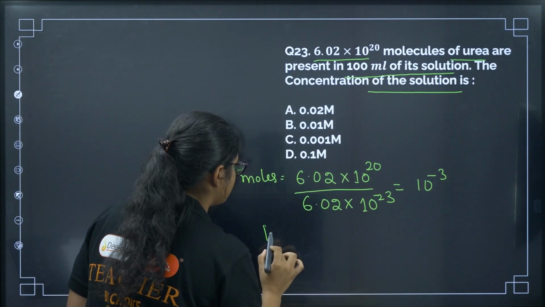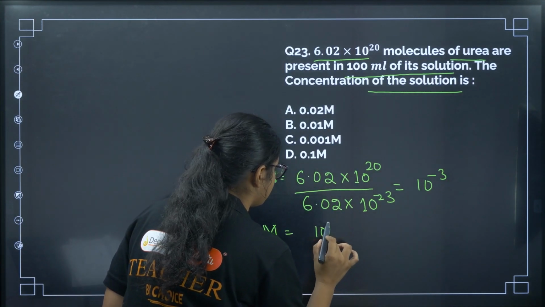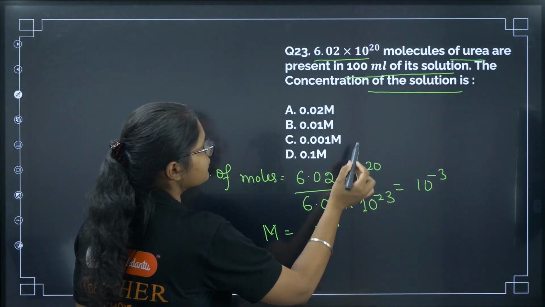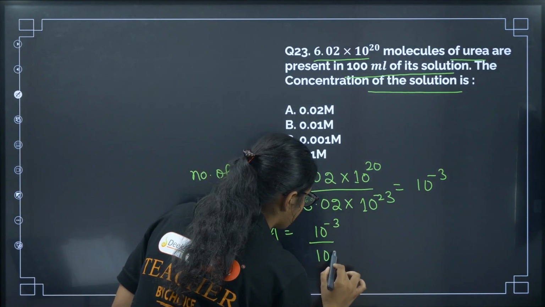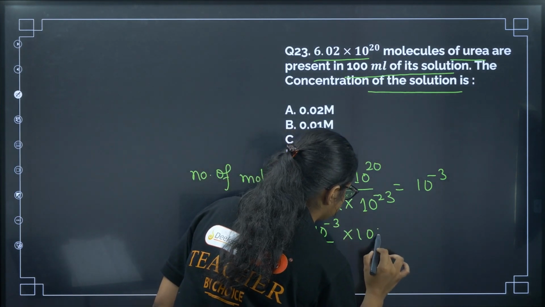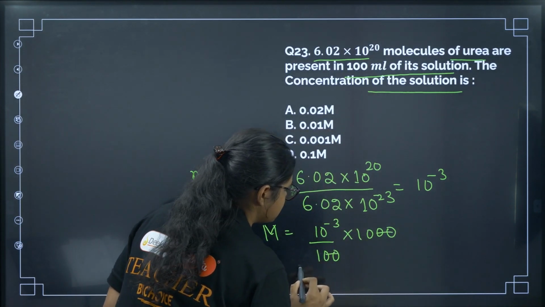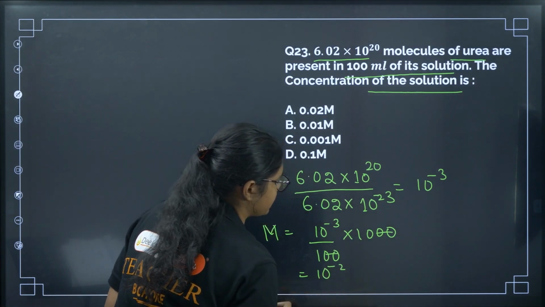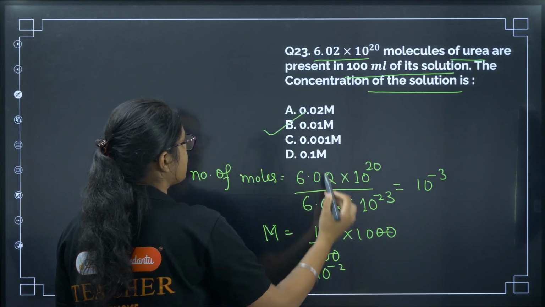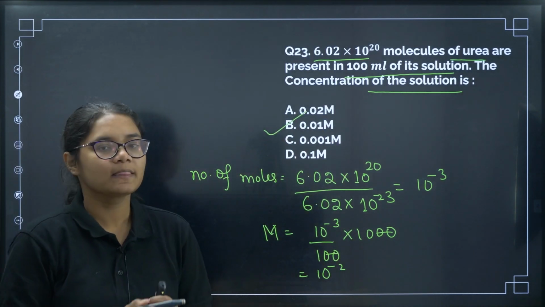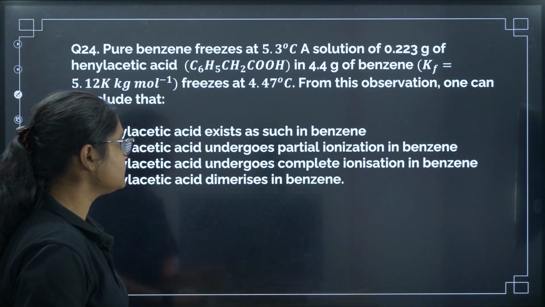Now if I want to calculate molarity, that will be equal to number of moles by volume. So volume is 100 ml, okay, and then into 1000. So now if I see this, we will get 10 to the power of minus 2, so 0.01. The correct answer for this question will be option number B. Now next one,